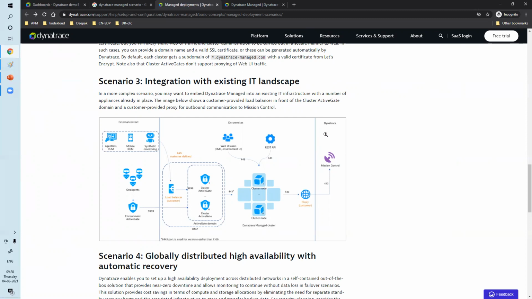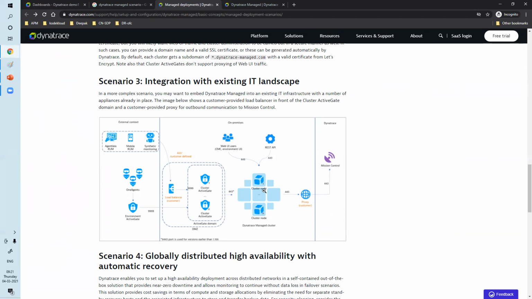You can see this is a Dynatrace zone, and this is your zone. In between, they have added one proxy server, so whatever data is getting passed, because all the data is getting stored in the cluster node.